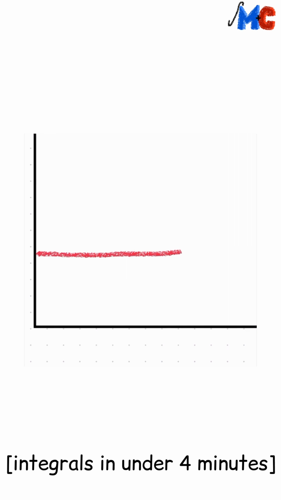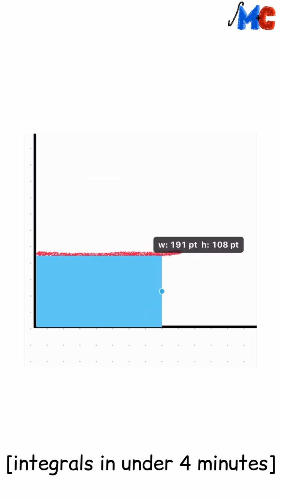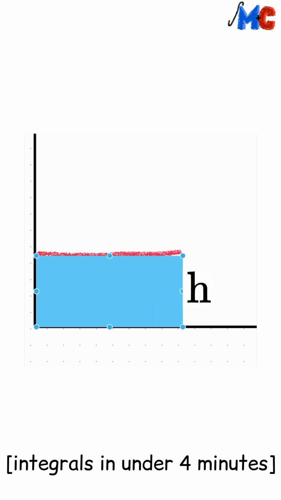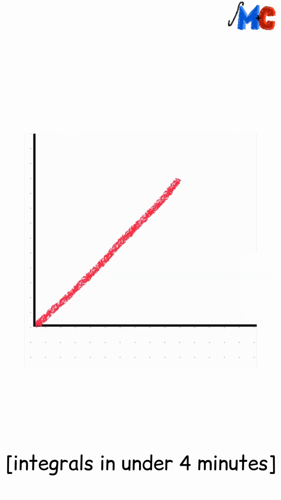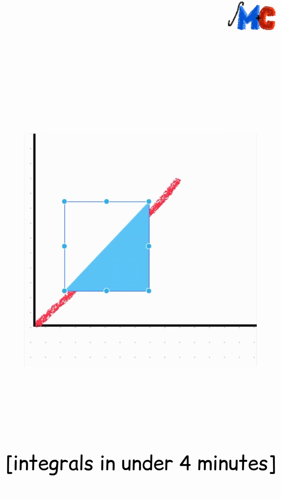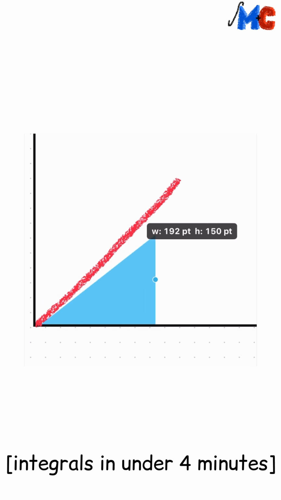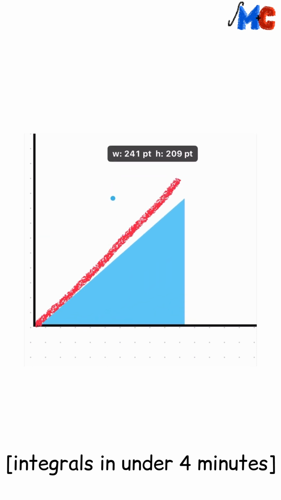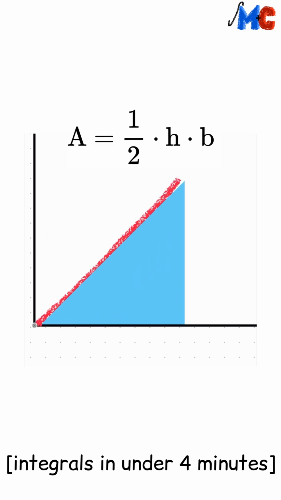shown, it's fairly straightforward. The function is a constant, so it results in a horizontal line segment, and the area underneath it can be perfectly calculated as the area of this blue rectangle. So all we need to do is the height times the base, and we have our area. In our second example, the shape under the curve is slightly more complicated, but still nothing we can't handle. This red function is linear, so the area underneath this curve can be perfectly calculated as the area of this blue triangle. All we have to do here is 1/2 times the height times the base, and we have the